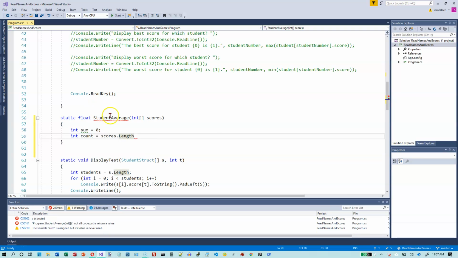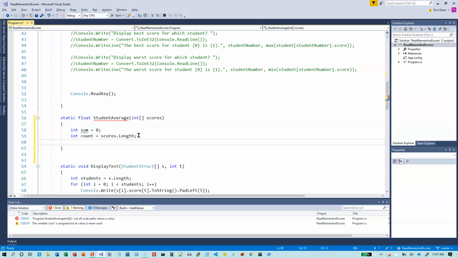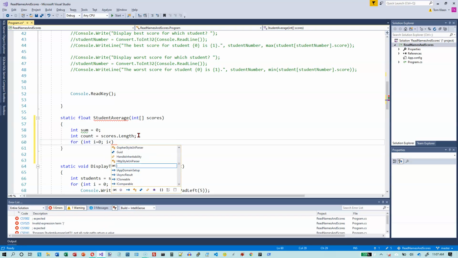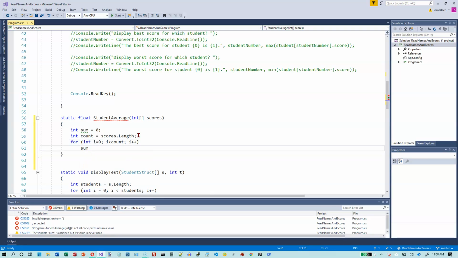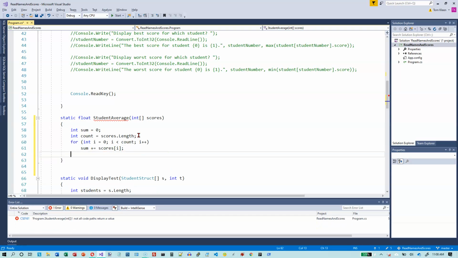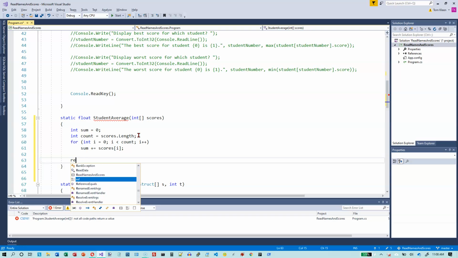And I'm passing in a one-dimensional array. I'm calling it scores. Doesn't matter what it was called up here. It just has to be an array of ints, which is what it is. And I want to find out how many scores are in that. In this case, we've got 5 scores, so we should get count equal to 5 after we do this. And then I want to step through every one of them. So for each one, I want to add on the current score. And when I'm done, I want to return